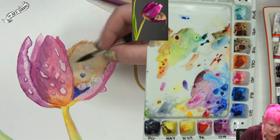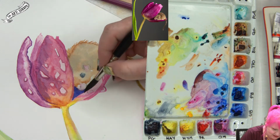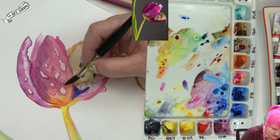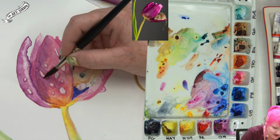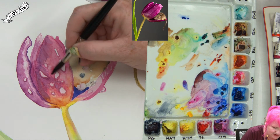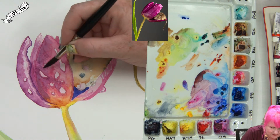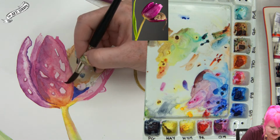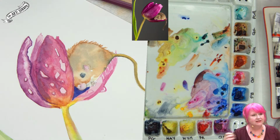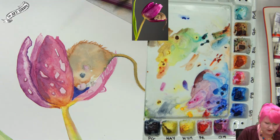Look at that go. My tulip is so tulip. And anywhere you feel like it's looking kind of rough, it will continue to soften, but anywhere you feel things are rough, you can come back with a damp brush and soften it. See how you can just keep softening it? So it's your choice. Do I allow this to be very expressive and have a little moment, or do I want to come in and...